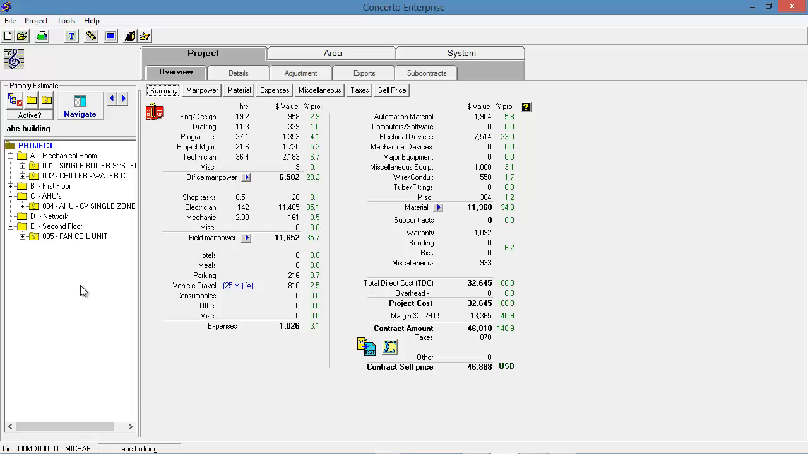The current estimate has some area and system folders already created. To create an additional area and/or system, we have access to these buttons here. This area and system folder structure will remain visible so that we'll know which section of the bid we're working